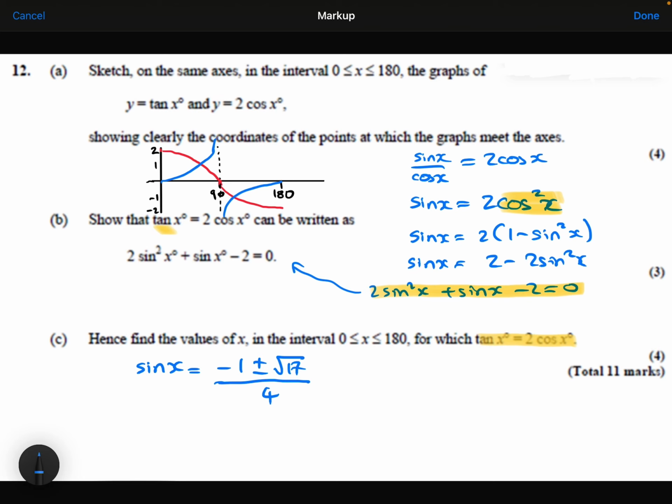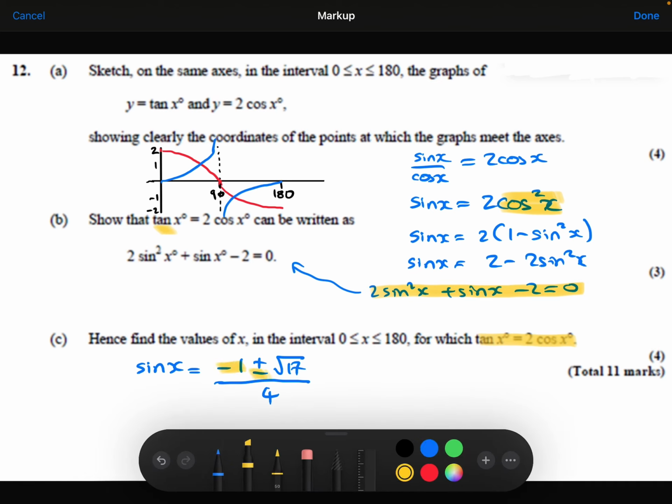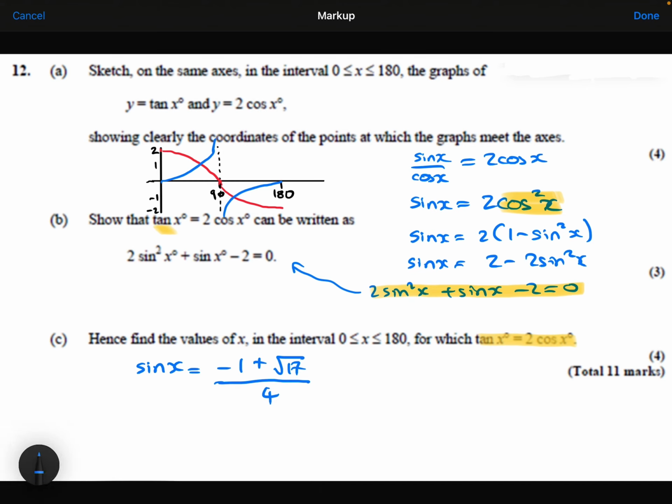So, the -1 minus root 17 all over 4, that is less than -1. So I know that's not going to give me any solutions. So I can actually ignore that one and just focus on the positive version. If I do sine inverse of that, my calculator gives me 51.3 degrees,